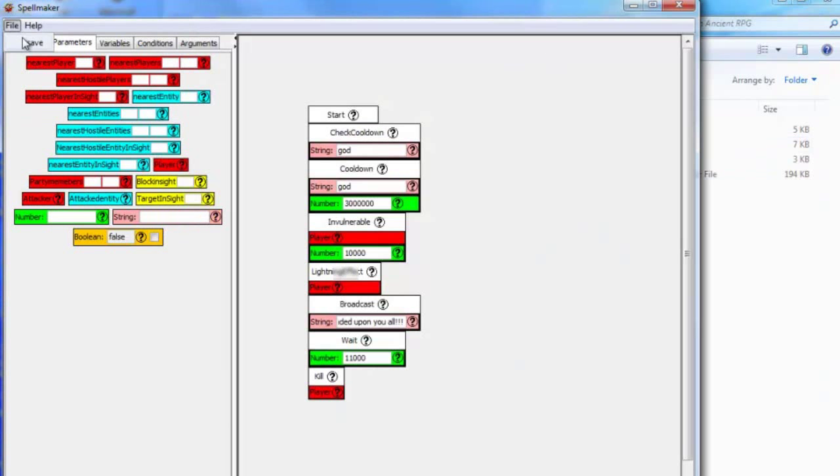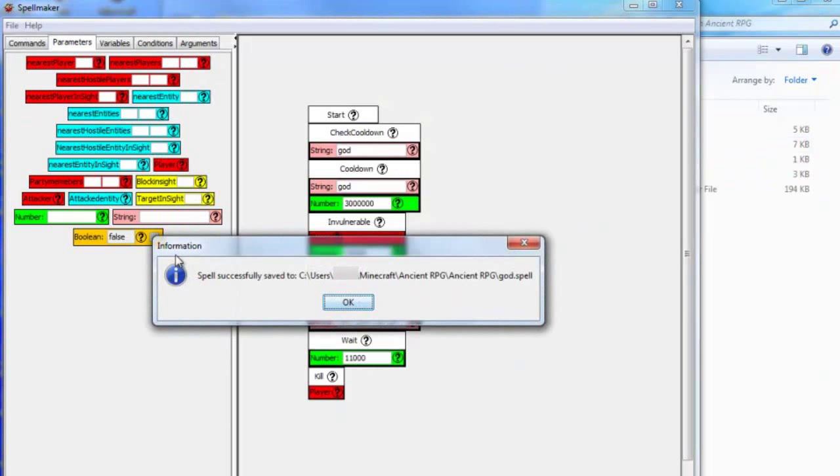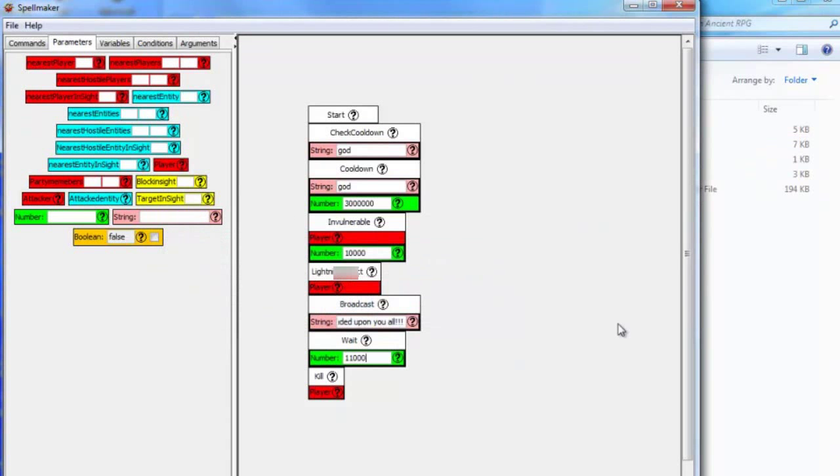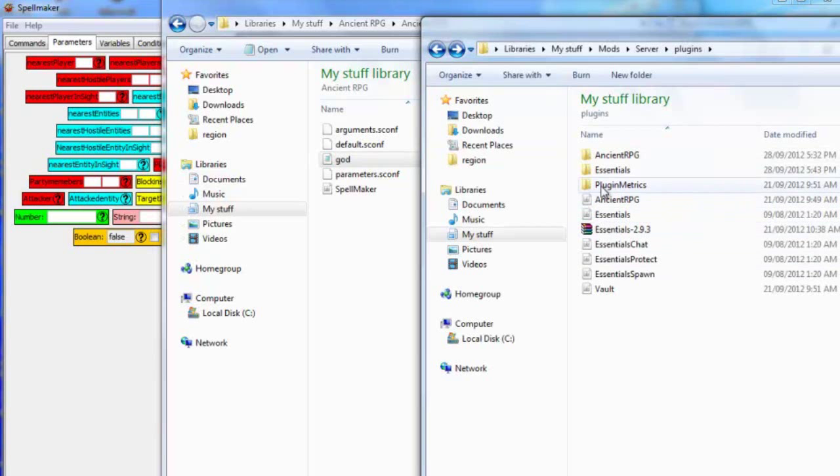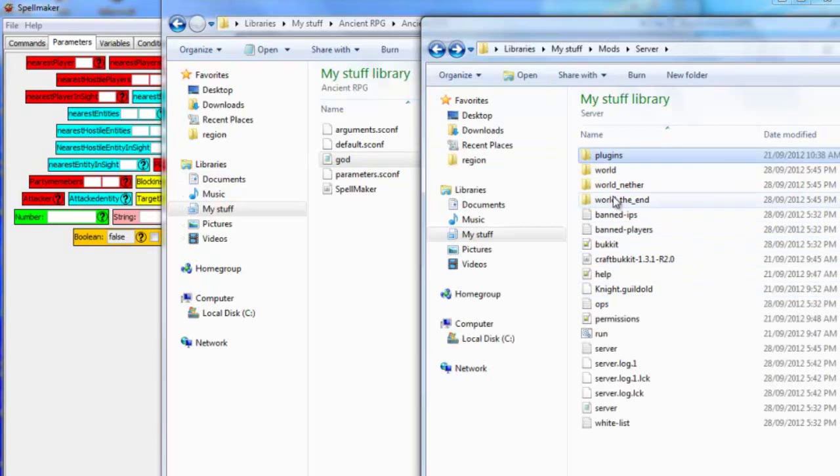So I'm going to go into my Spellmaker folder, just keep that ready, and I'm going to click at the top here and file save. Now it will tell you where it saves it to, and when I go here I will actually see the word God, and it says a spell file. So now I'm going to actually go into my server